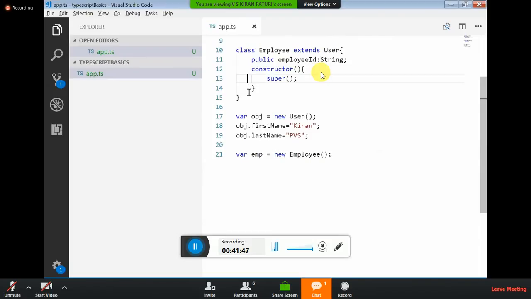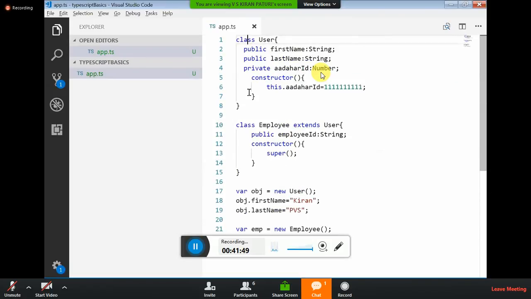So, is TypeScript simple or difficult? Easy only, right? We will see in TypeScript, you have class inheritance, class user, class employee extends user, one concept, the inheritance concept. That all remains the same. The next concept is you can have interfaces also. What is an interface?